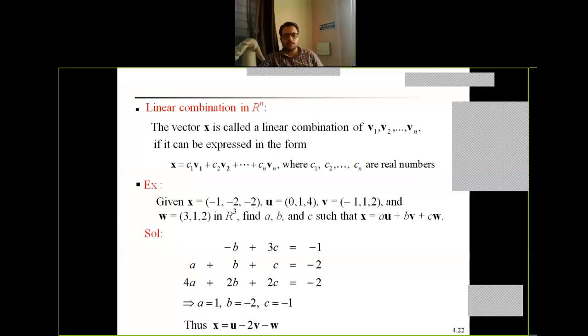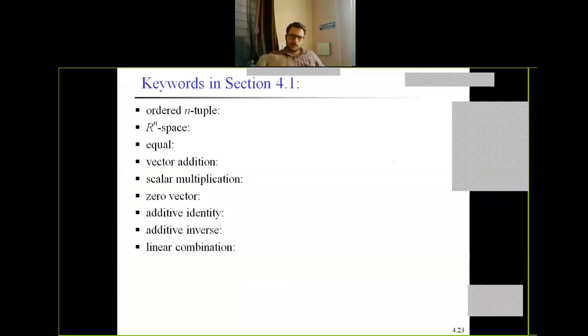So such concepts will be based on this linear combination concept. This will be studied in, I think, chapter 3 or 4. Obviously, transformations and operations are also there. So using these linear combinations and linear dependency and independency, we will be solving such examples. This is part of further units. But for now, these were the keywords.